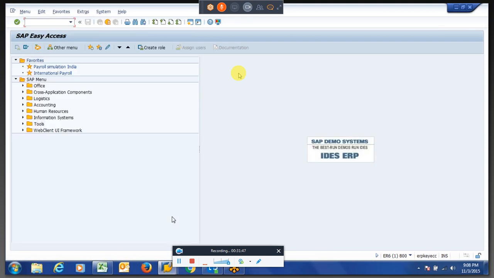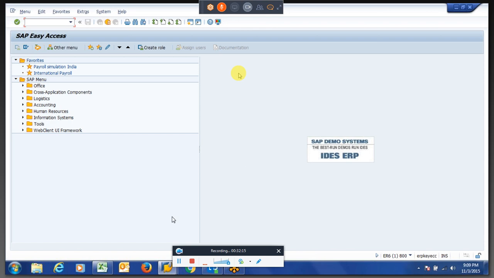Creating a payroll function is a very simple thing, but it will affect many things, right? So don't try this directly in this server. Why? Because if you are trying, you have to take care of a few things which I am going to tell.